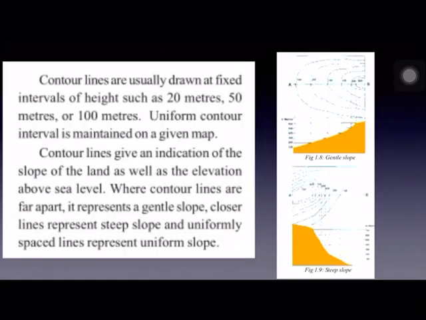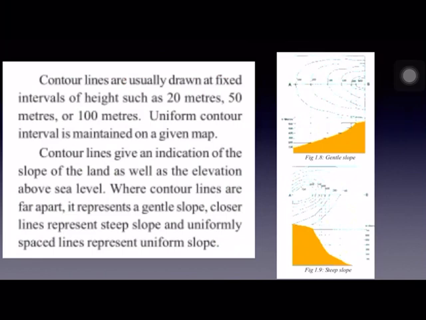And now contour lines. What are these contour lines? Lines on map joining places of equal heights measured from the sea level. As you know, the height of a place is always measured from sea level. And if there are lines on a map joining places of equal height, these lines are called contour lines. And these contour lines are also called isolines. Isolines means lines joining places with some common features.